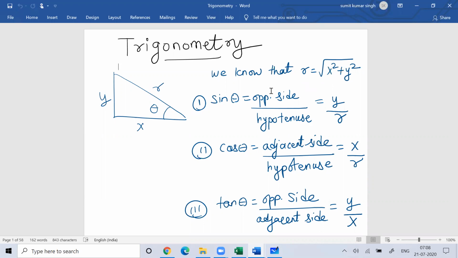So what do we mean by trigonometry? Trigonometry is a subject which talks about the measurement of the properties of triangles. Trigon here means triangle and metry means measurement. So when we talk about triangles, you know that